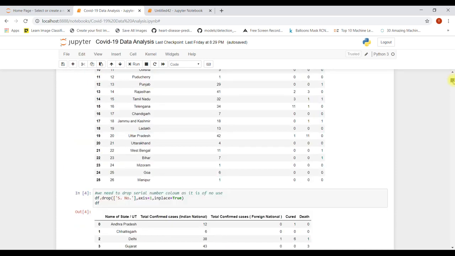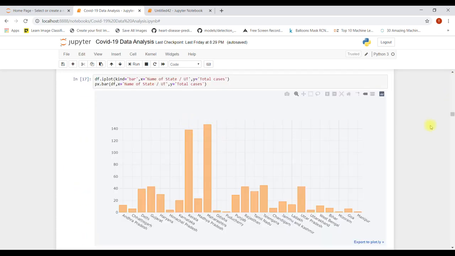Even though you are a complete beginner, here you can see we're going to make some beautiful plots using Plotly and Matplotlib, and you will see how to read the data using graphs. Like if you just hover your mouse here, it will show you that in Maharashtra 147 total cases are reported till 27th March. I have the